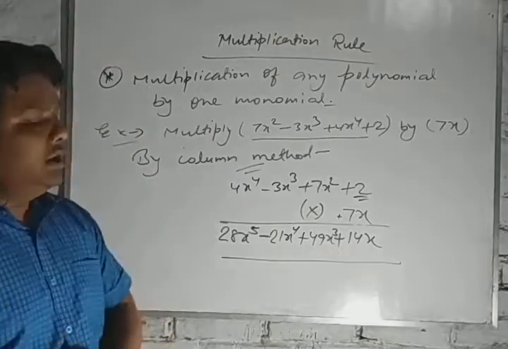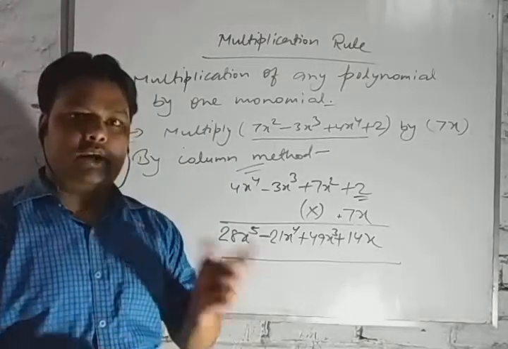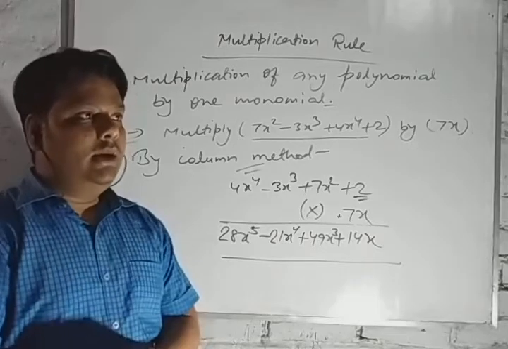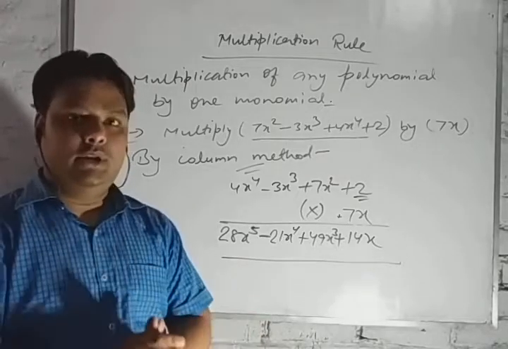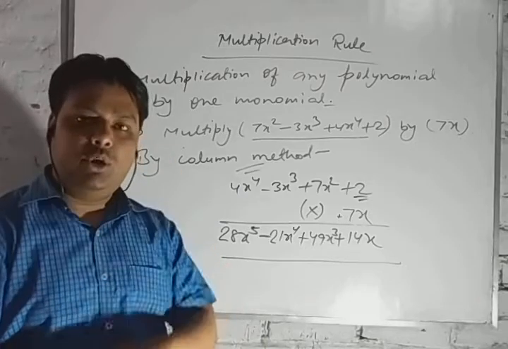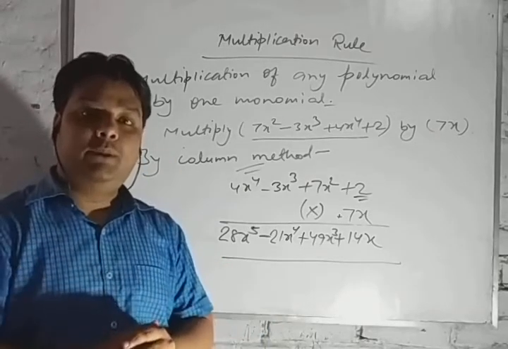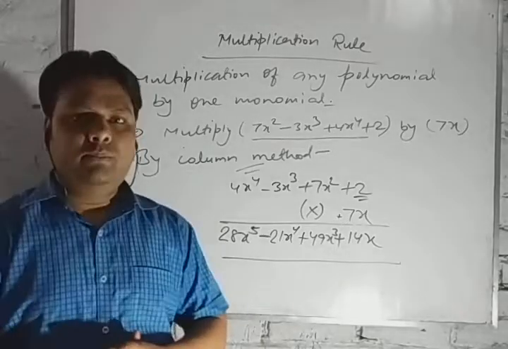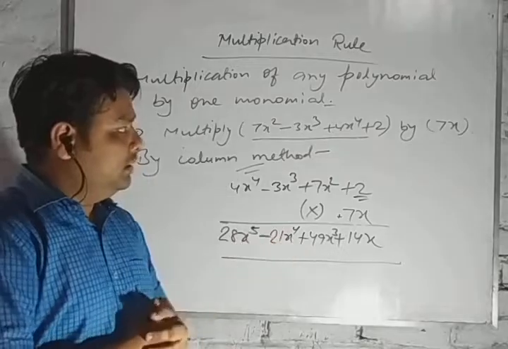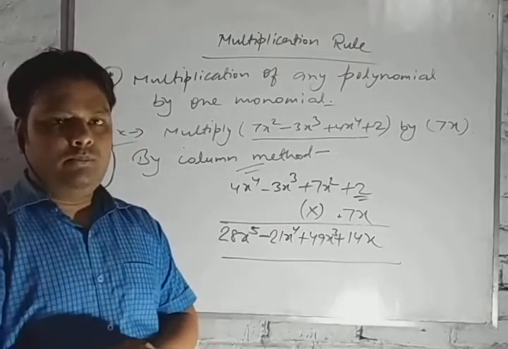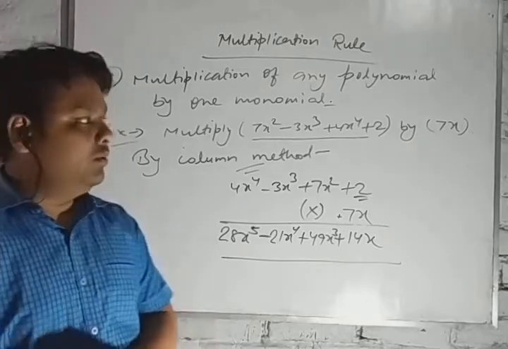Multiplication of two binomials. If there are two binomial expressions, then how can we multiply them? Then multiplication of two polynomials. That is, if more than two terms are there, then it is called a polynomial. Then how can we multiply any two polynomials? We will follow the same rule, but it can be a big expression, but we will solve it. I hope that it will be enough for you. Okay, dear. So thank you.